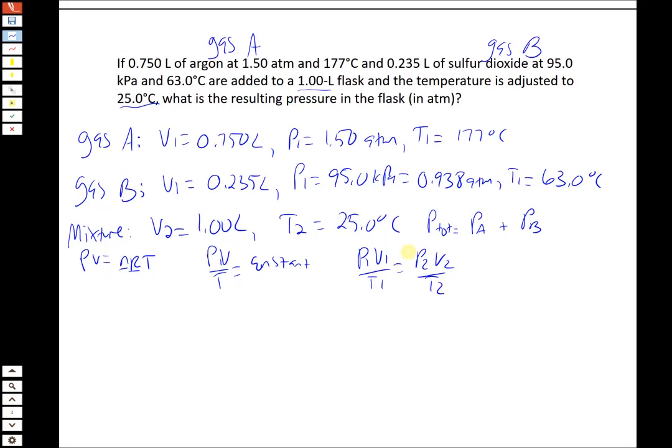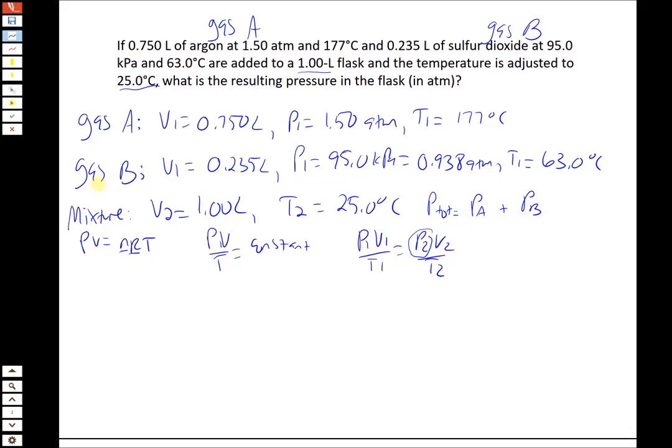So it's a lot like the problems we did last week, but now we have to do it for two different gases. For each of those two gases, we're going to solve for P2, the final pressure under the new conditions. Then to get the total pressure, we have to add together P2 for both gases A and B. So it's three basic steps: we do this once for each gas, and then we add the two at the end. So for gas A, and to keep these straight from each other, I'll call this